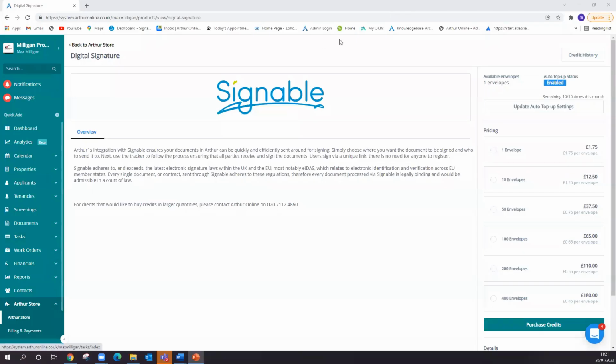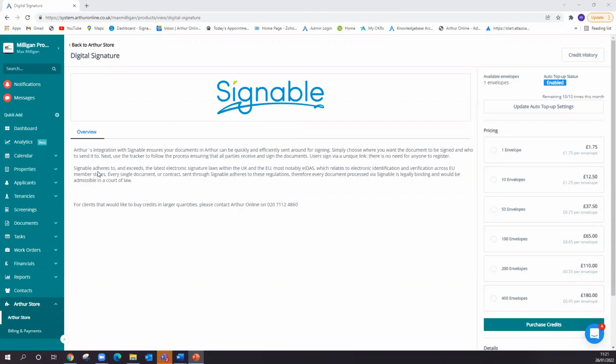So to find your mail merges, you might already have them, you might not know what this function is. If you're not too sure what a mail merge is, there are loads of videos on our YouTube page where you can have a look at mail merging and actually setting up your templates. And then this is the digital signature part, so you can understand how you can add those variables in your